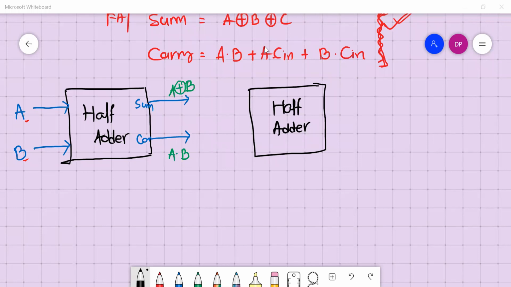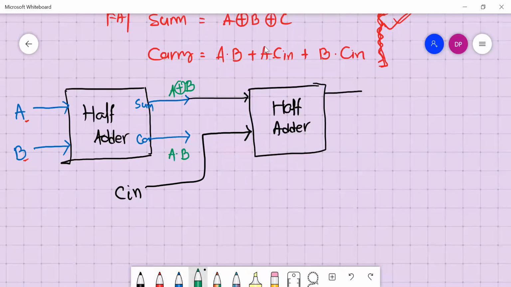Okay. Right. And one more input I give. C in. Okay. So what will be output here? So let's say it's sum and this is carry. This is sum. Okay. This carry. So what will be the sum component and what will be the carry component?